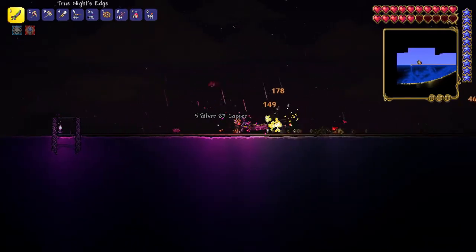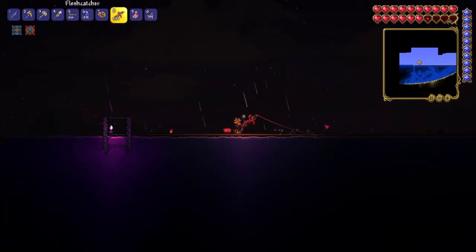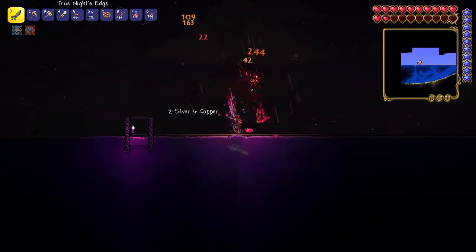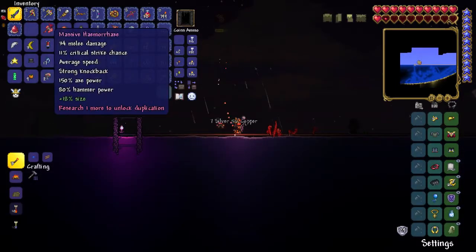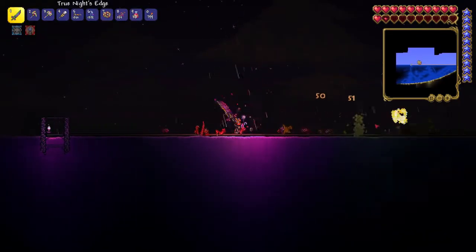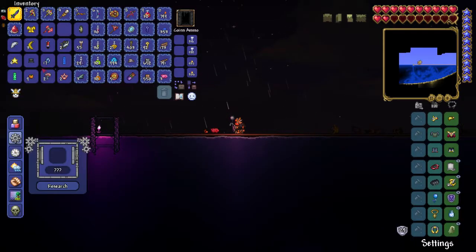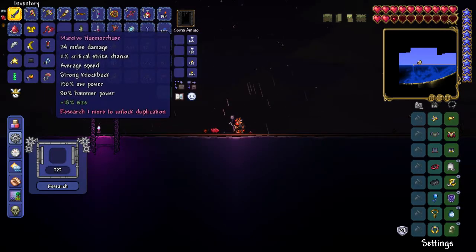But so far, no luck. Alright, so we'll just continue doing this. Hemoglobin shark. That is another thing. And they hurt. And we got a massive hammeraxe. Cool. 34 melee damage is not that great. But on the other hand, it is a unique item, so that's always nice. Let's go ahead. 80 hammer power. It can actually break